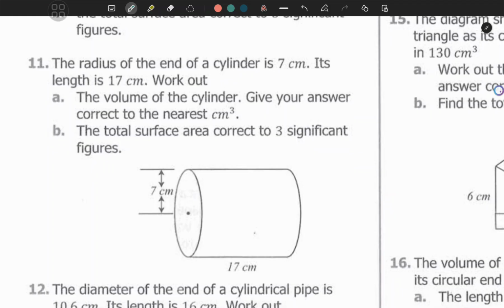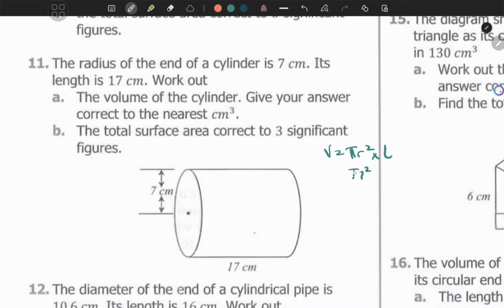Now question number 11, what does question 11 say? It says the radius of the end of a cylinder is 7 centimeters. It is 17 centimeters in length. Find the volume of the cylinder, and the surface area, correct to 3 figures. So this is simply, when we're talking about volume, pi r squared into height or length, whatever you take this as. So this could be pi r square L or pi r square H, depending on the orientation. Here it would be L, so you get pi r squared,